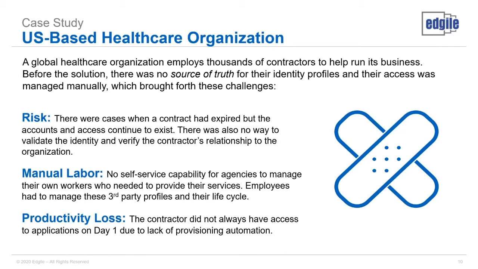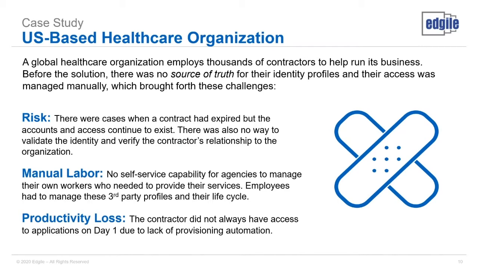And so access was managed very manually, and that brought about a whole host of challenges. The three primary challenges being risk. First of all, lots of scenarios, given that complexity, not surprising, where a contract with someone had ended or expired and a manager hadn't submitted a timely access request, and as a result, someone's access lingered around longer than expected, causing issues with compliance as well as potentially with security.